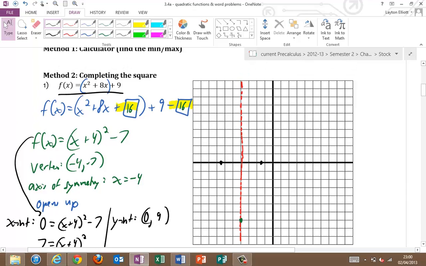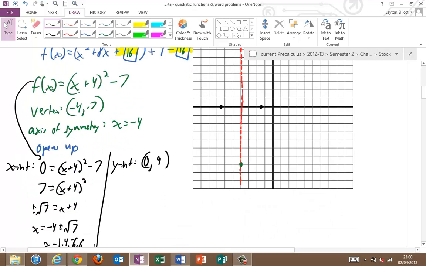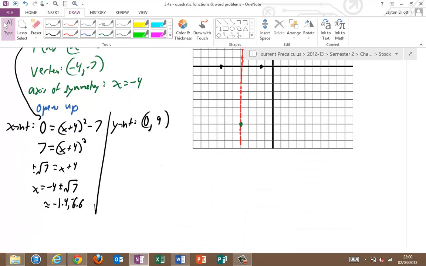So that means (0, 9) is my y-intercept. Let's plot that. Then we're going to go to the same point on the opposite side of the axis of symmetry. And then I have enough points. Now I want to show you that we could also do transformation of base points on these. If I want to get more base points, I could go (0, 0), (1, 1), and (2, 4), and that